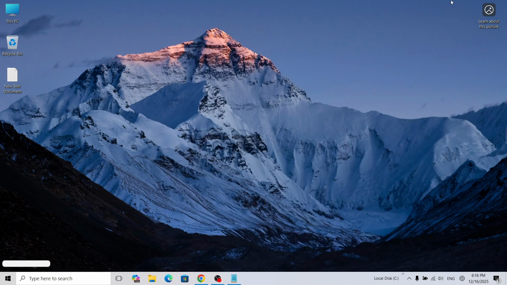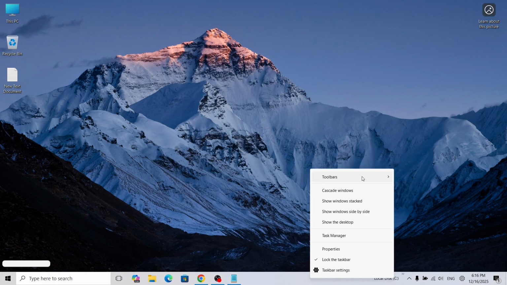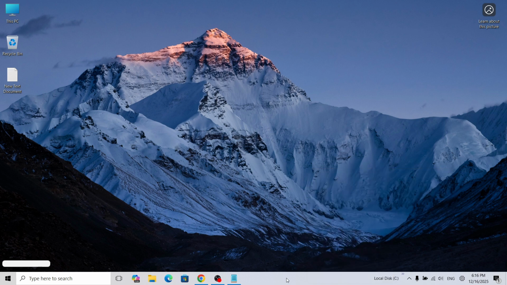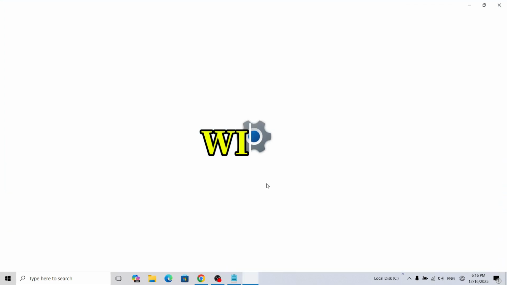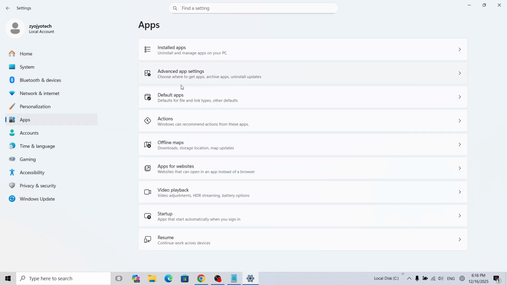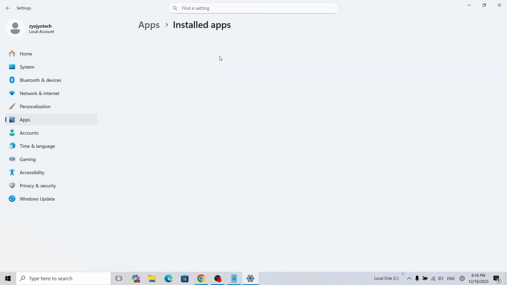Guys, if you want to uninstall that quick launch toolbar from your Windows 11 taskbar, then what you have to do is go to the apps. Okay, press Windows plus I to open the settings, and after that go to apps, and here you have to go to installed apps